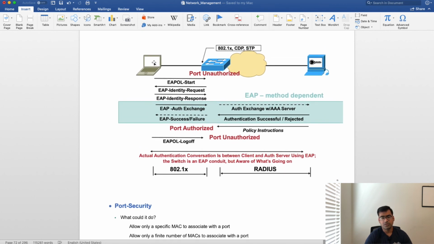So coming back to this picture, here we have our three components: switch, end host, and Radius server. So what happened? EAPOL start, right? The end user sends EAPOL start. The port is currently in unauthorized state, but EAPOL is sent to a particular destination MAC, which my switch recognizes. Once it receives that EAPOL start packet on the uncontrolled channel, it sends back an identity request: please tell me